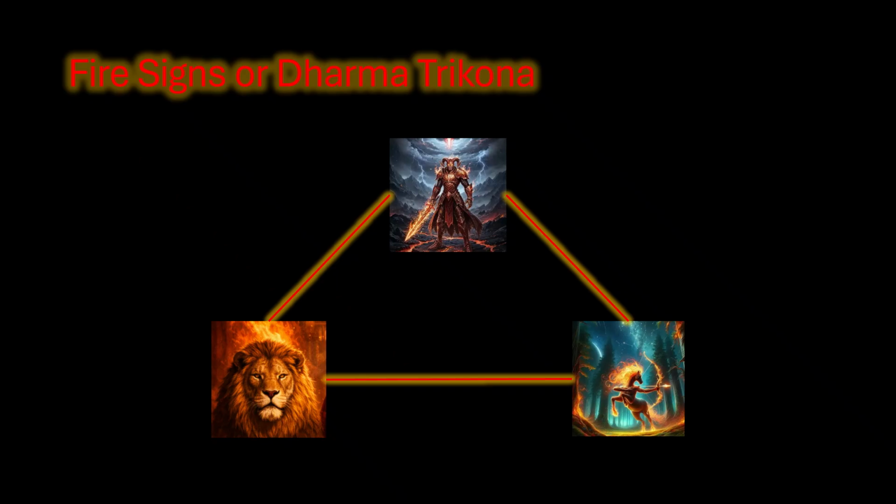With Leo in the fifth house, their children and creativity shine with nobility, artistic talent, and mantra siddhi. Then they have Sagittarius in the ninth bhava, which blesses them with fortune through dharma, gurus, and righteous living. Cancer in the fourth house makes the home nurturing yet emotionally restless, reflecting their fiery nature.